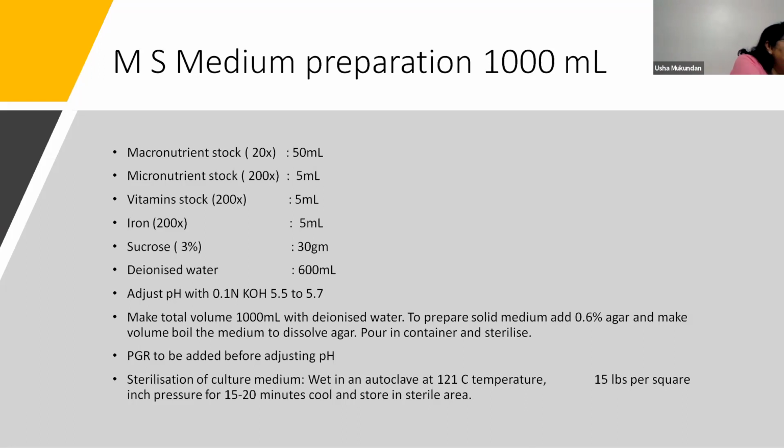How much ml will you add? Very simple. Did you understand my question? Yes or no? I said I've given you a stock solution of plant growth regulator, which is 10 milligram in 10 ml. That means 1 ml contains 1 milligram. I asked you a question: if I'm going to make 1 liter of culture medium and I need 1 ppm of PGR, then how much am I adding?